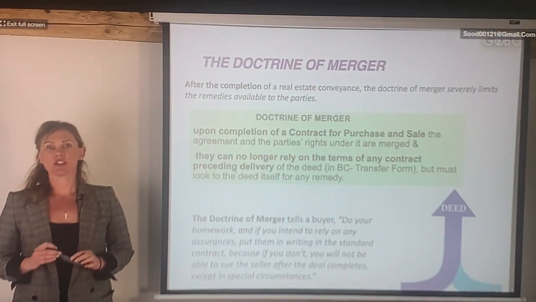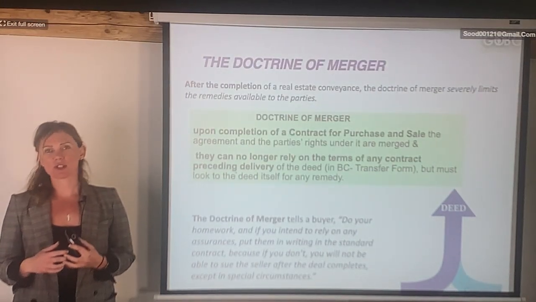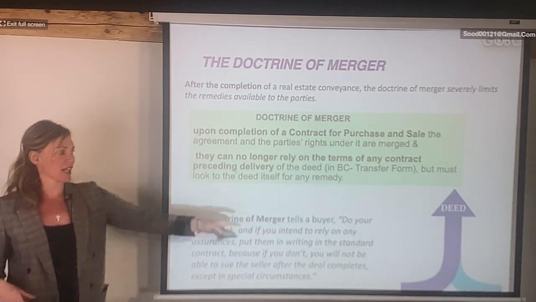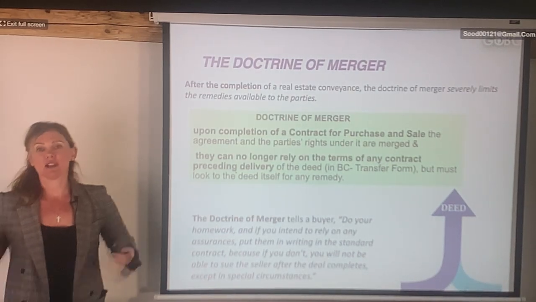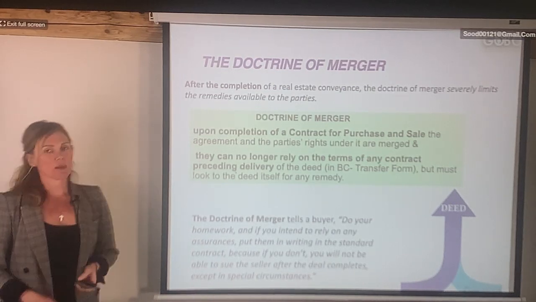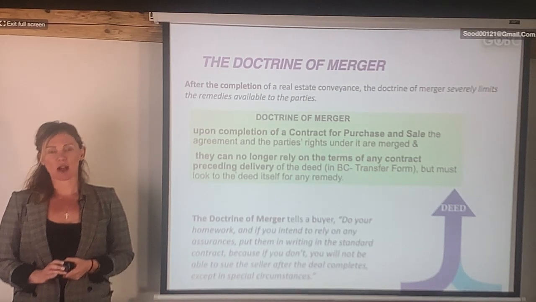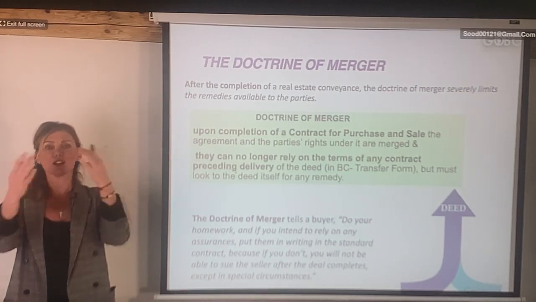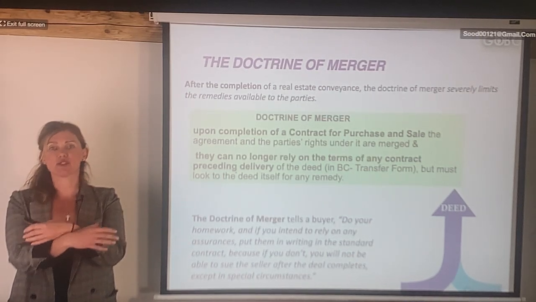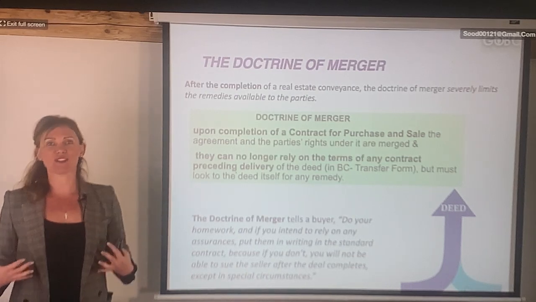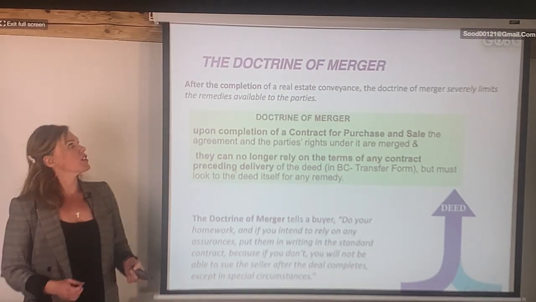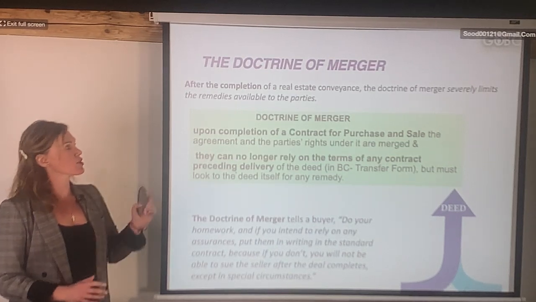Let's talk about the doctrine of merger. Now, first of all, what is a doctrine? Doctrine is a principle of merging, of blending things, right? So it's like you're trying to get onto the highway from the street, right? You're merging into the highway. So that's kind of the same idea. So basically on a completion date. Completion date happens after you give a deposit, right? And then you're finally waiting to complete, when the lawyer is going to transfer the title for the money, right? And as a buyer, you will put that title under your name and you finally can move in and start enjoying the property, right? So on the completion date, this is when the doctrine of merger happens.